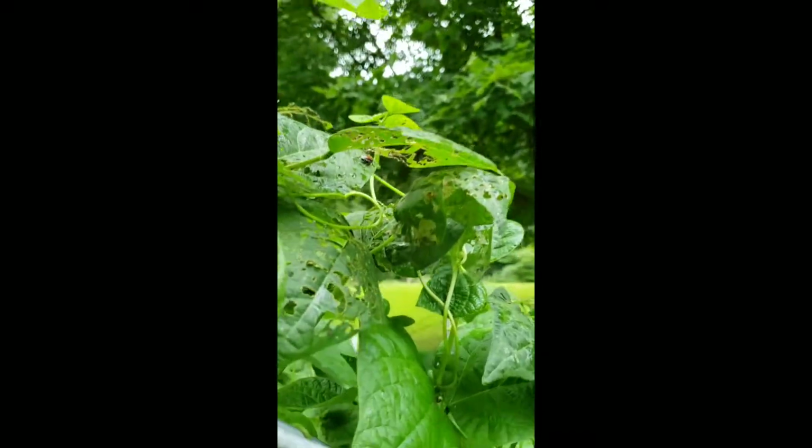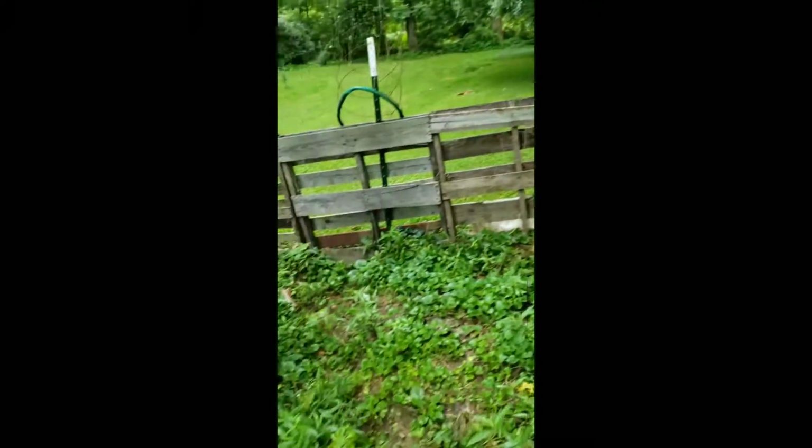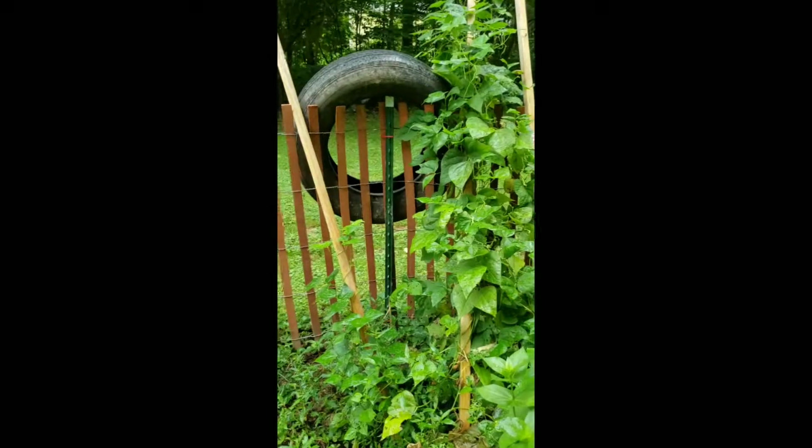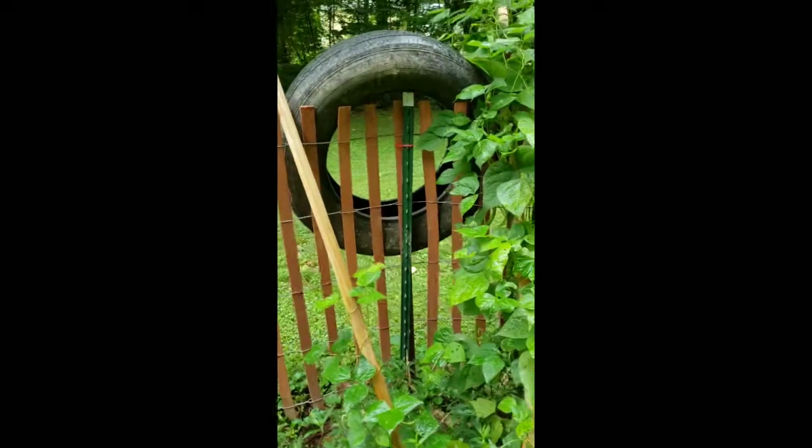And I very well may end up having to pull them because I know what's causing it. It's these Japanese beetles, and I've been picking them by the handfuls off of here, and they've pretty much decimated my raspberries. And then in the last vlog, I think I showed you